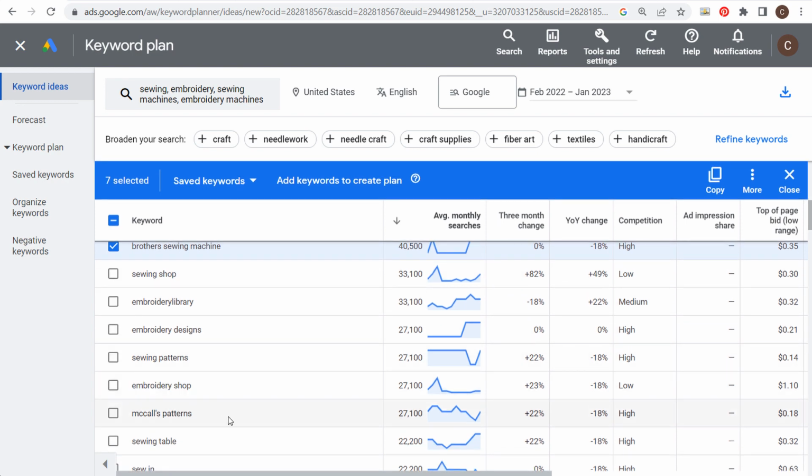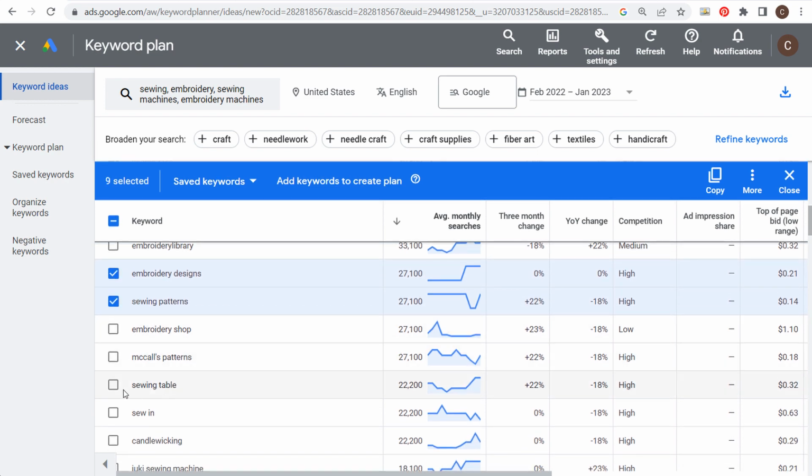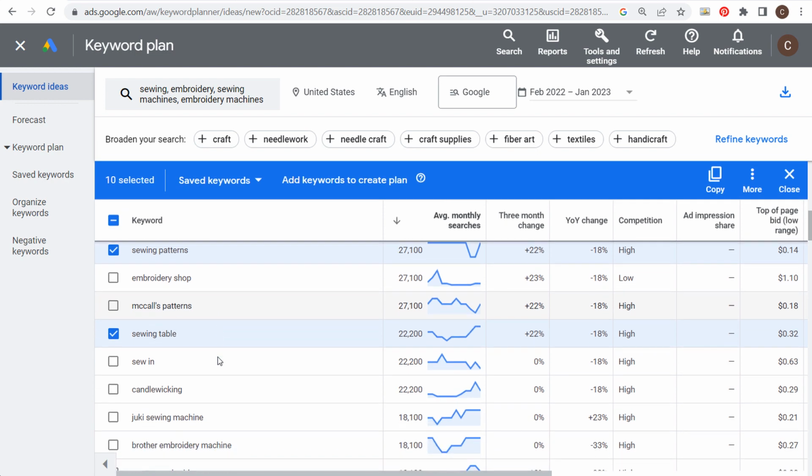And then you have something down here like McCall's patterns. So the main thing you want to do when you're seeing some of these different keywords, for example, I know I want to target keywords related to sewing patterns, embroidery designs, we'll say sewing table. Some of these other keywords here, what you're going to need to do is actually search in Google and look up what's actually ranking for some of these different keywords, because they may not all be relevant for exactly what you're trying to target. So that would be my number 1 tip, is understanding the search intent for the keywords that you're targeting and understanding what's